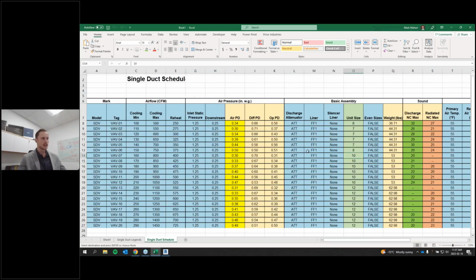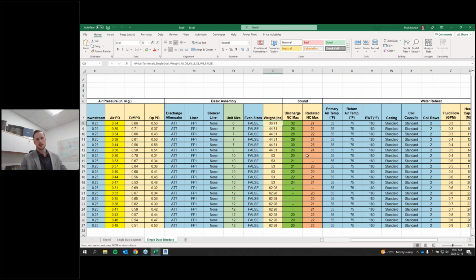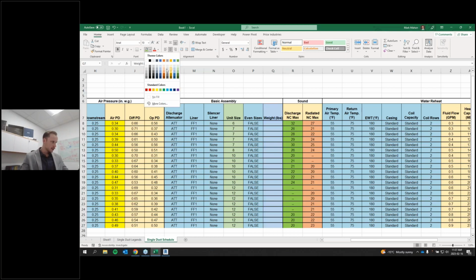Now, one thing I like to show off as well, and I'll just choose something arbitrary here, like for instance, the weights, which is kind of a funny one to choose, but you can also fully update a schedule that you already have with your own data into a price schedule. So I just deleted the weights fully from this cell. So I'm going to zoom in here. I'm going to color this again, make sure we're all looking at the same thing. We'll go for